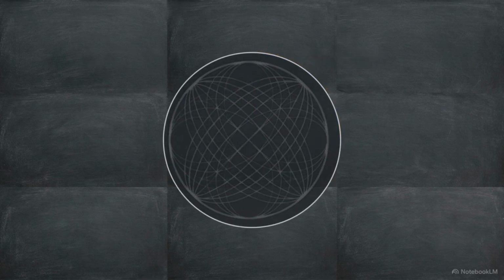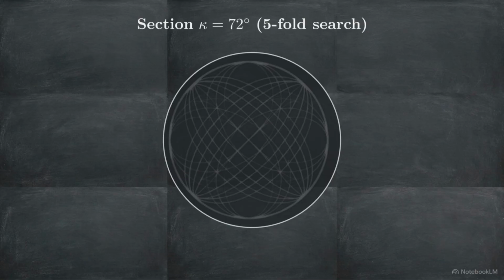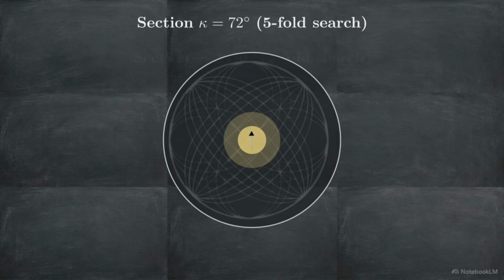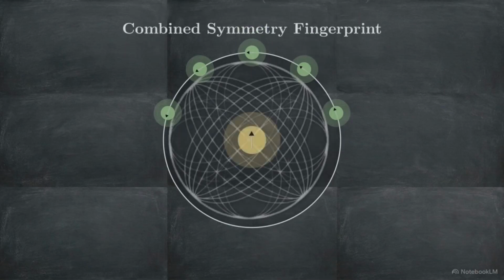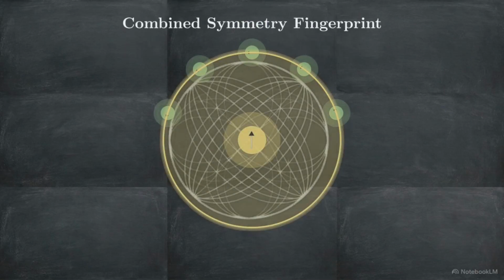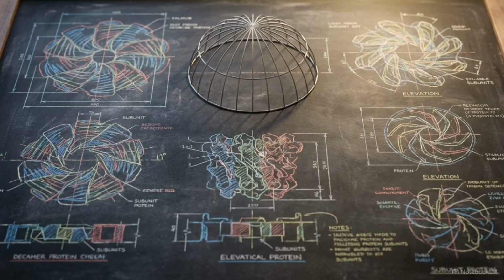By probing different kappa sections, we deconstruct a complex multimer. At kappa equals 72 degrees, a single massive peak reveals a 5-fold rotational axis. Shifting to kappa equals 180 degrees uncovers 5 peripheral peaks, proving 5 perpendicular 2-fold dyads exist. Using stereographic projections, the internal rotational geometry of a complex macromolecular assembly can be mathematically verified before calculating a single